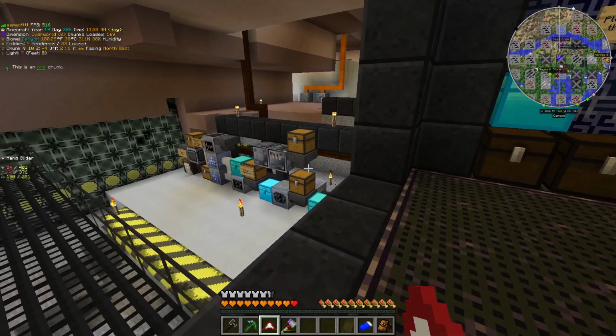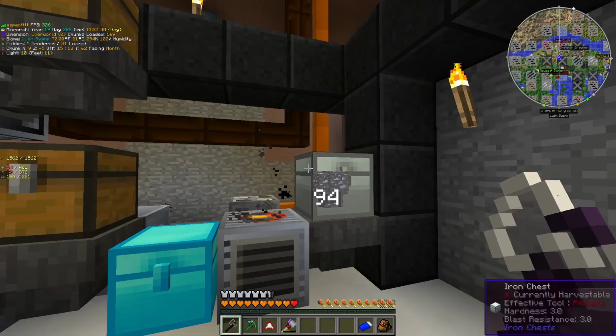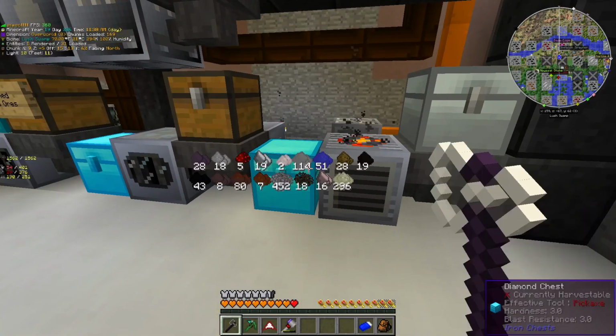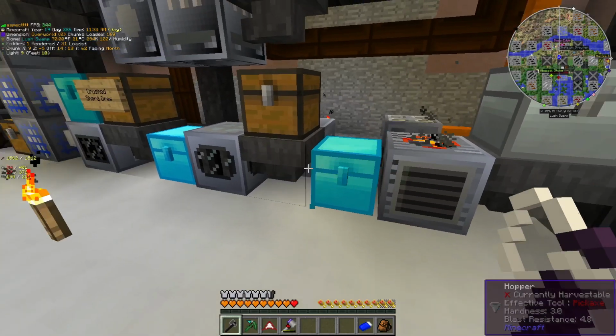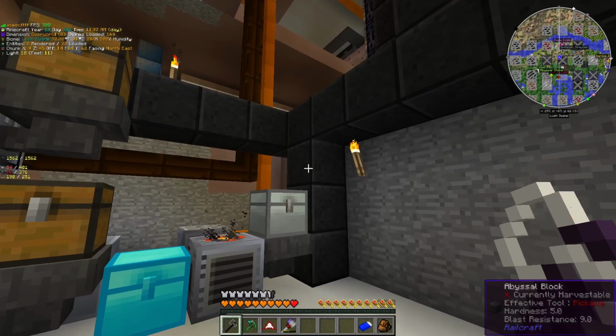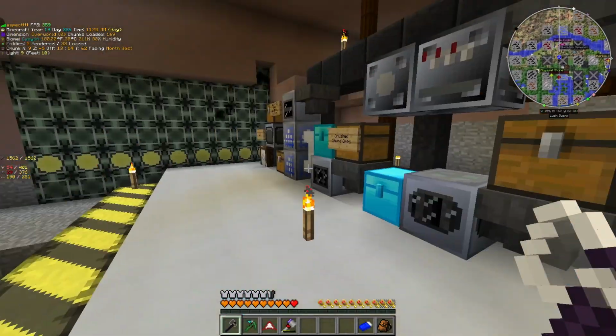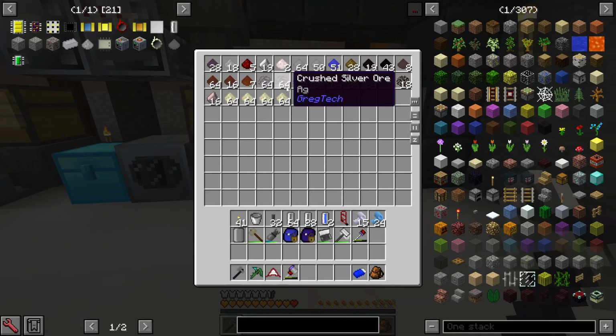That's the plan. So over here, just macerator, everything goes through the macerator first, every ore pretty much. So let's go into a diamond chest. And this is like a semi-batch process where I'm doing very large batches into each machine pretty much, instead of doing it automatically. Because each one is different, I don't want to automate it right now. So this is for a little bit later, but...